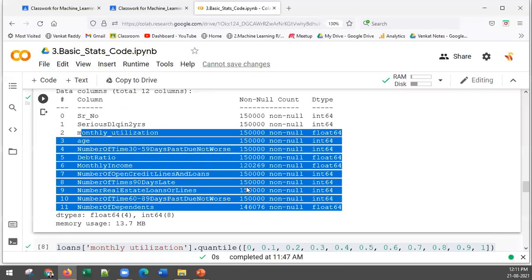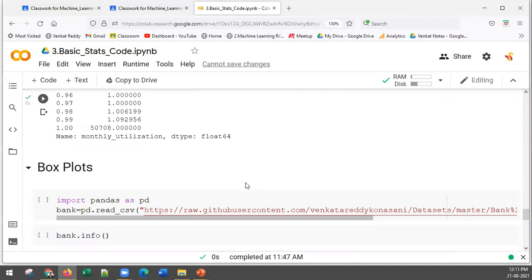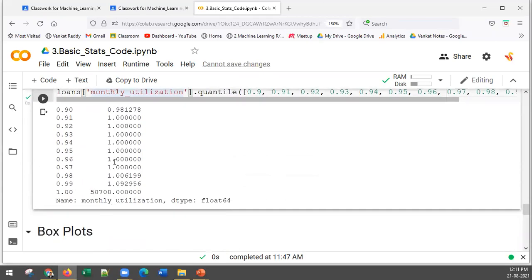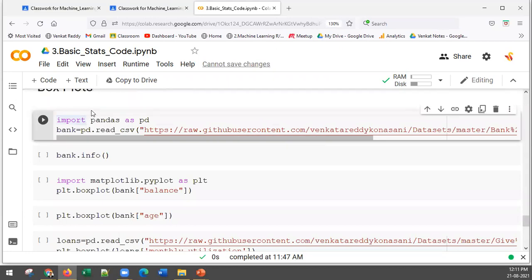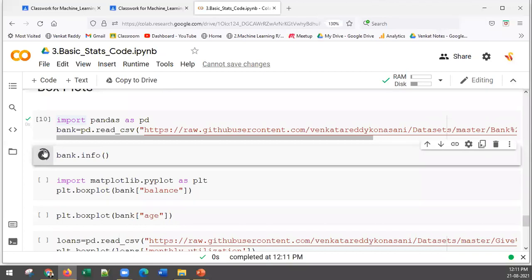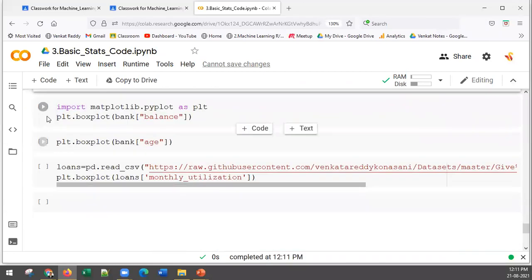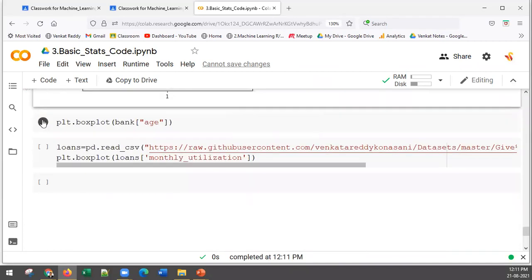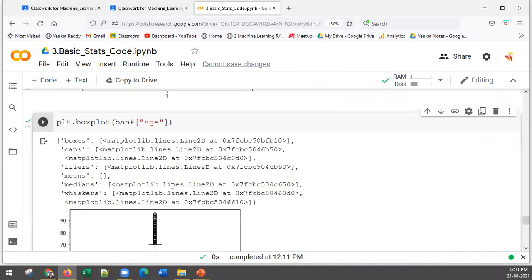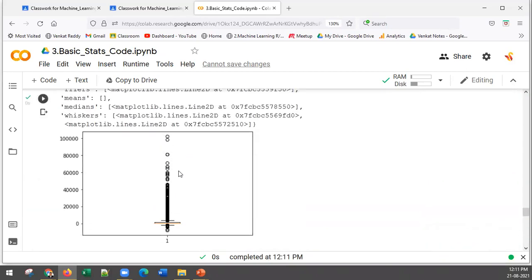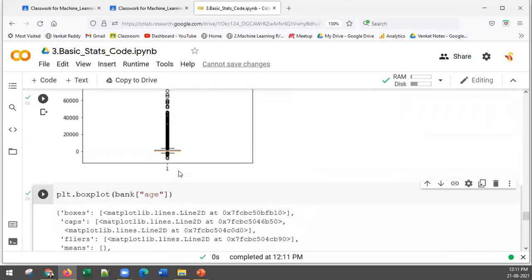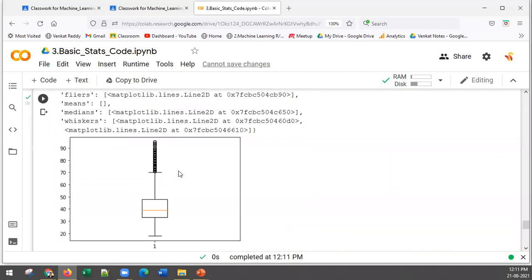Basically, we want to have a quick visual inspection instead of going through this lengthy method. This is a perfect method, no doubt about it. If you want a quick visual inspection, you can import the data, look at the columns, and quickly draw the box plot for balance. This is how it looks. Box plot for age. Look at balance, look at age quickly with a single look. What can you say about balance? What can you say about age?